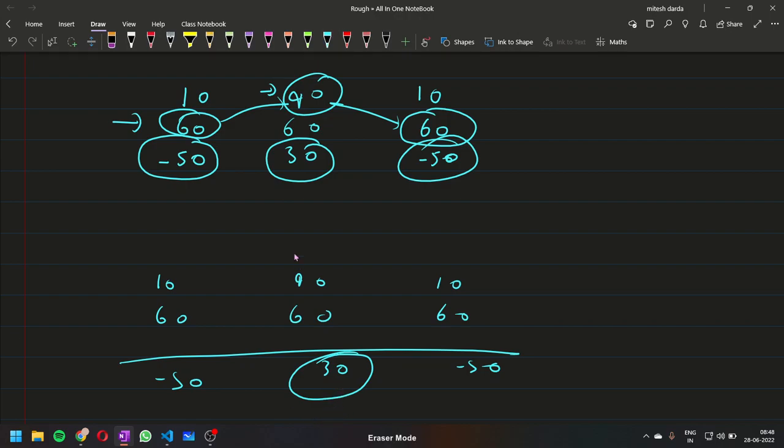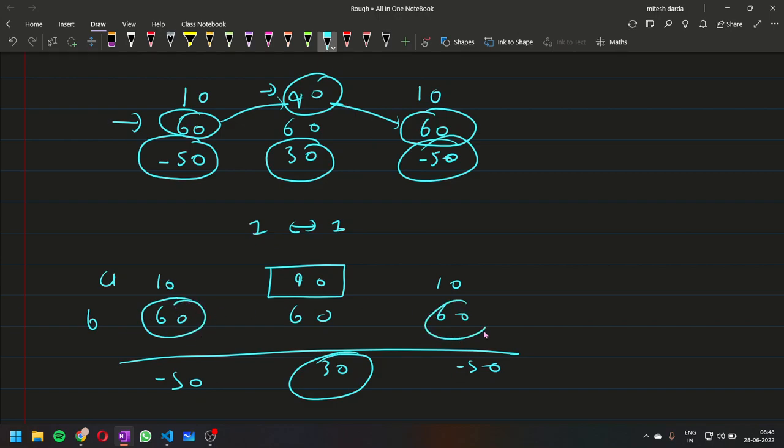So starting index is 1 and ending index is 1. So we know that this is maximum. That means that for this index, the A array will have the maximum possible answer. And when it is not in this index range, when it is not in between 1 and 1, that means in those cases, the second array will have a bigger element. So what we are doing is checking that if we are in between these indices, inclusive of these indices, we are going to take an element from the first array, and if we are not, then we are going to take an element from the second array.